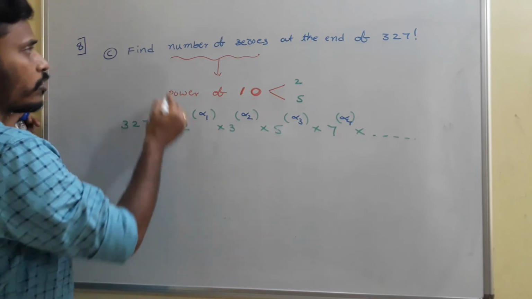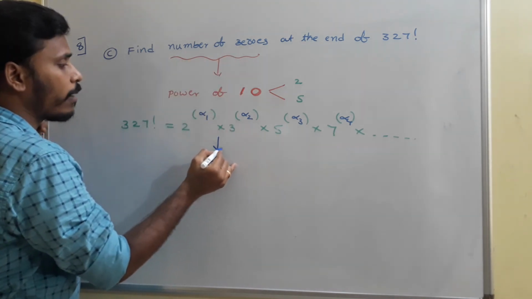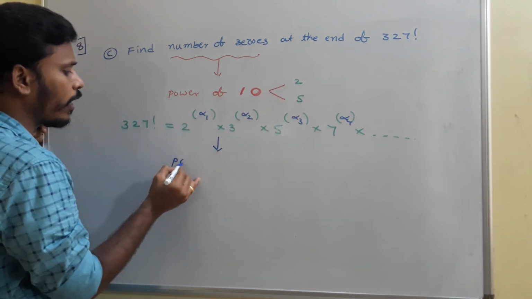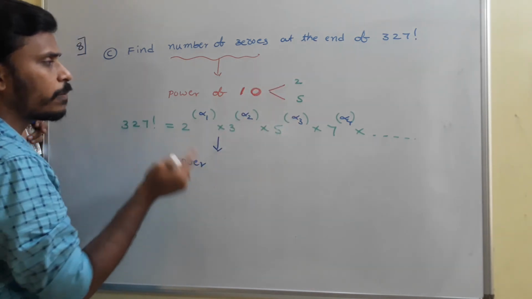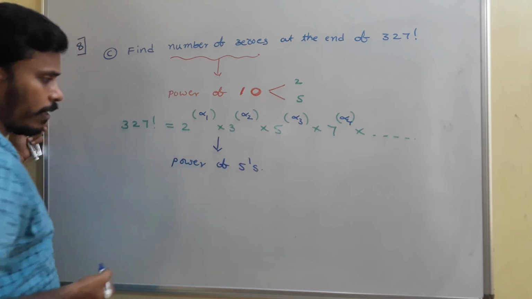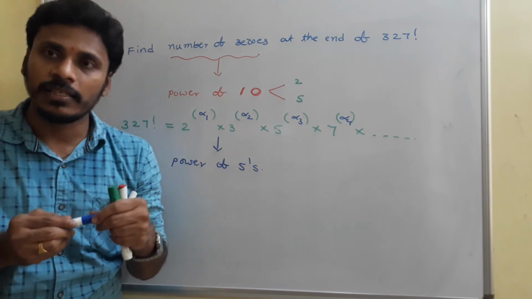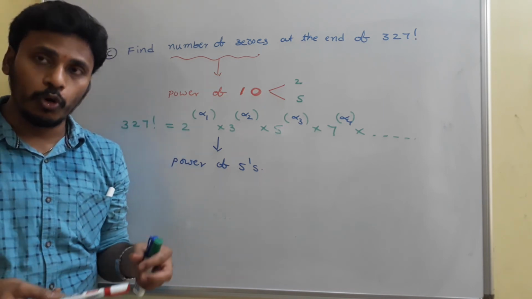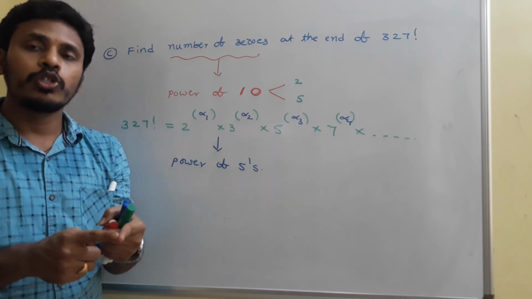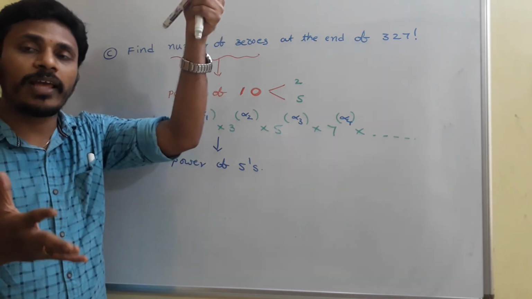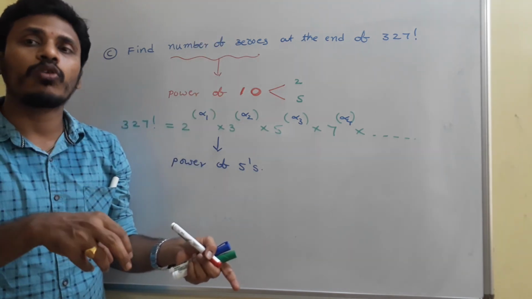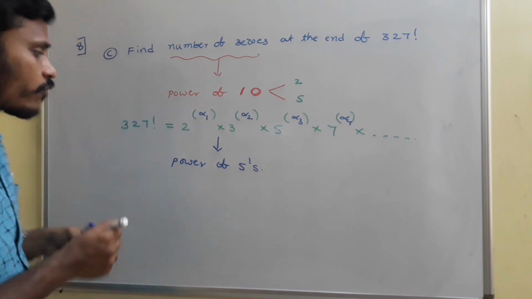This is the general procedure. The number of zeros at the end of a number is nothing but the power of 10. The power of 10 is a combination of 2 and 5. So there is no need to calculate the powers of 2 and 5 separately. It is enough to calculate the power of 5 in the given number. Why? Because the number of 5s is less when compared with the number of 2s. We need a 10, which needs a combination of 5 and 2. If 2s are more and we don't have that many 5s, then we can't make 10. So to make a 10, we need to collect the lesser value. That's why the power of 5.